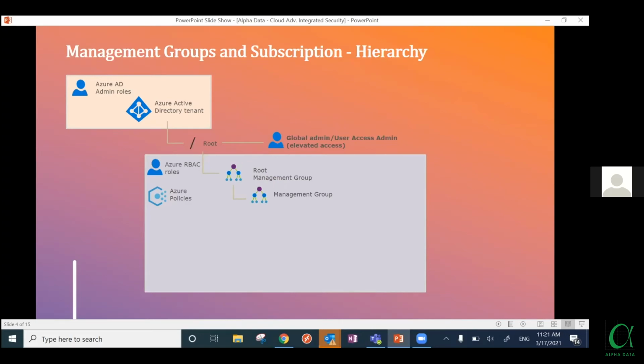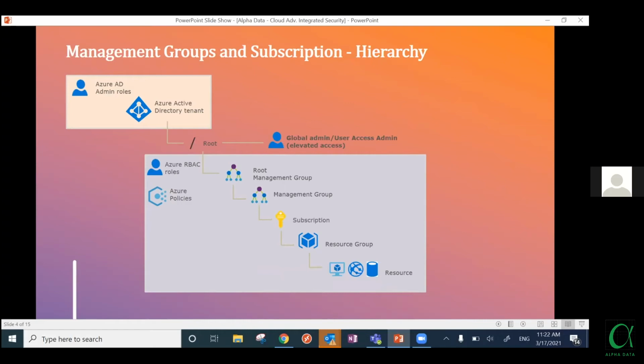So you create a management group, and underneath you will link your subscription. So this is where you will be hosting a subscription. You will be linking it with the management group, and under the subscription you will have a resource group, and under the resource group you will have the resources. So this is the hierarchy which you need to understand before you create any baseline, or even if you just want to talk about any security baseline in Azure, you need to understand the concept behind the management groups